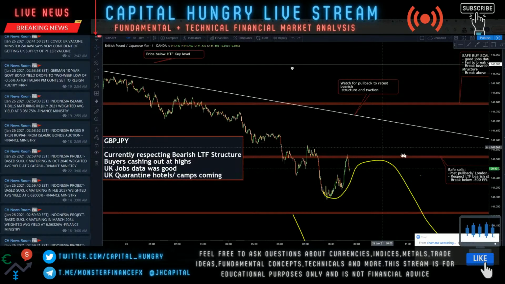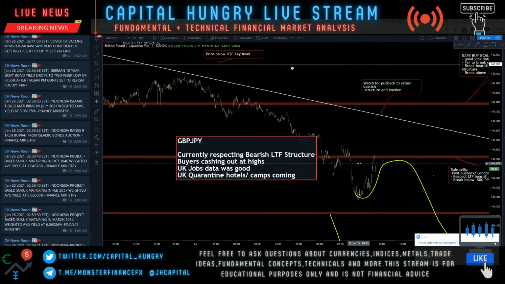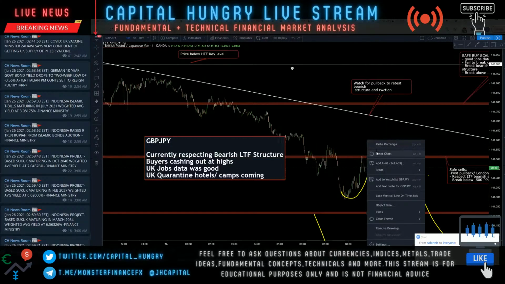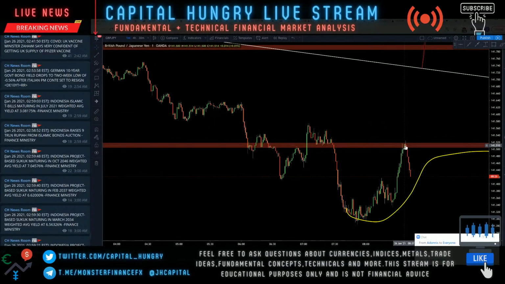So this was our original plan. You can see the pullback played out to retest 0.500 for anybody who took those pullback scalp trades up. If you have 0.500 entries, just watch your risk accordingly. But that was the entry point. You can potentially close close to 10 pips profit soon, which is nice.